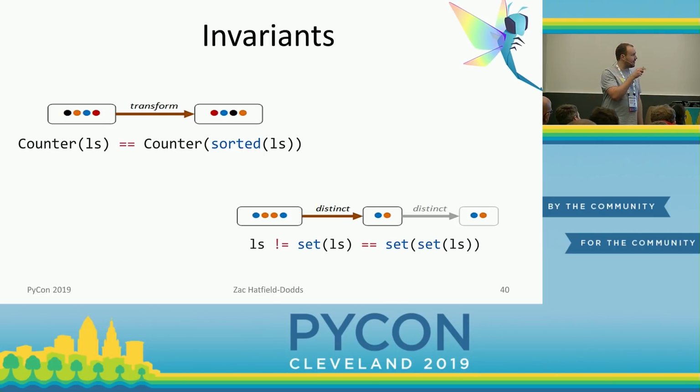As soon as you write a web API which delivers results over multiple pages, you could have a property like, for any search term, I get the same set of results no matter what pages I ask for, whether it's pages of 7 at a time or 20 at a time, I should get the same things, right? And sometimes you have operations which, if you repeat them, don't do anything else. Like if you take the set of a set,